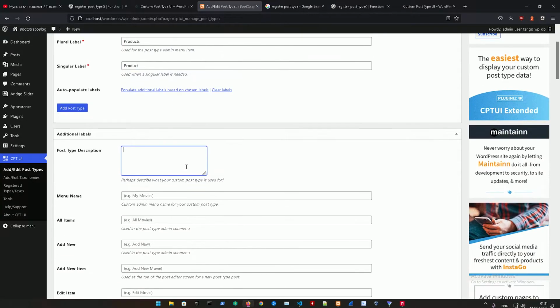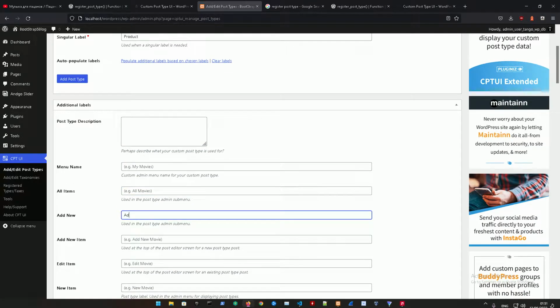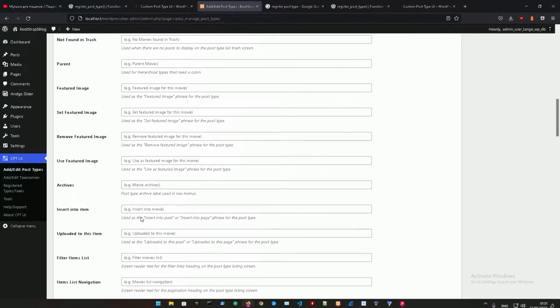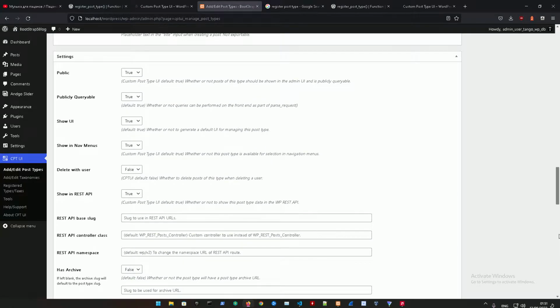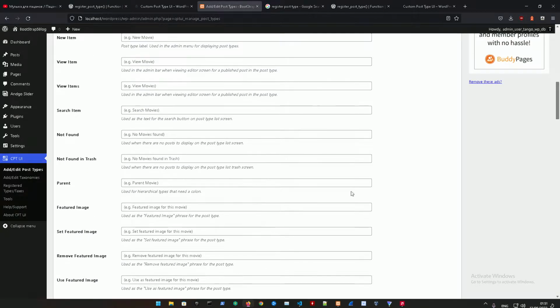And you could add the post type description, the menu name, all the items, add new product, for example, and add that in the item as well, and so on and so forth. You could add a lot of options over here, even set the featured image. You could change the message, so you could do like, for example, set product image here,